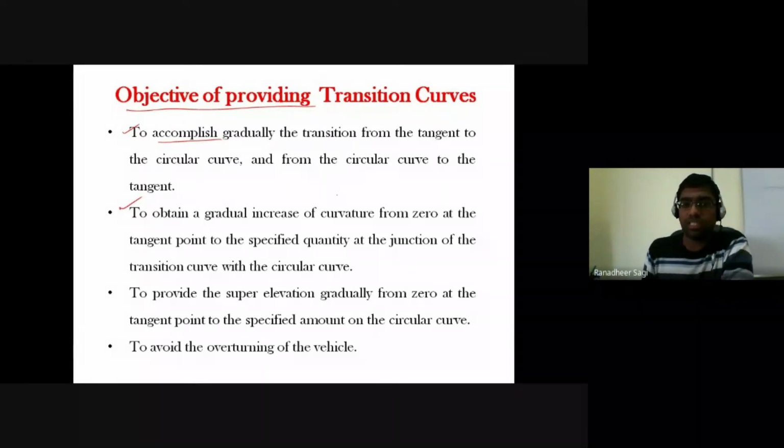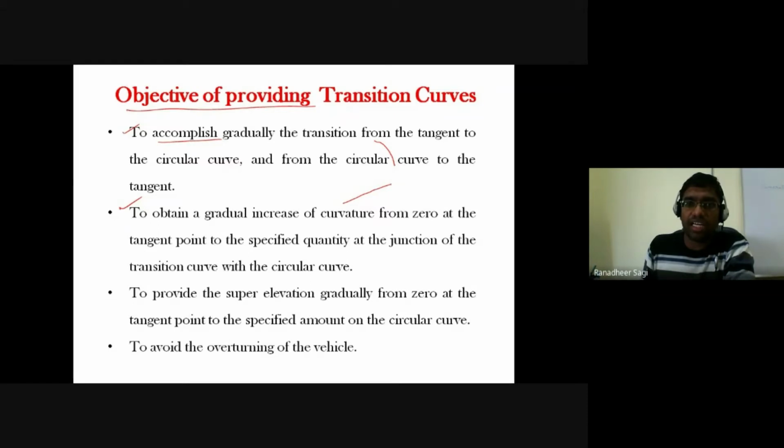What happens is, whenever you are talking about straights, which we have discussed, a straight line alignment goes like this, and if I want to provide a circular curve here, I will not directly change the curvature. Rather, we slowly change the alignment so that the effect of that curve will not be felt while traveling on that particular aligned path.